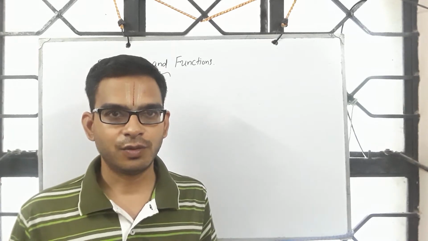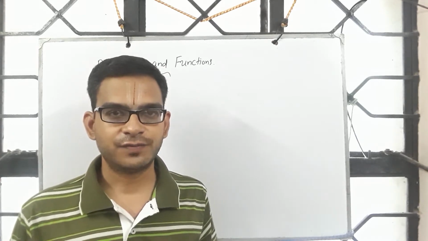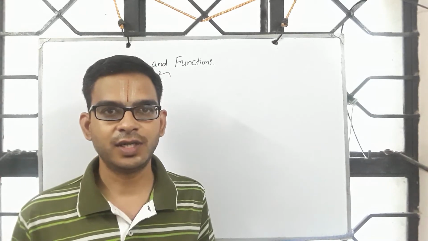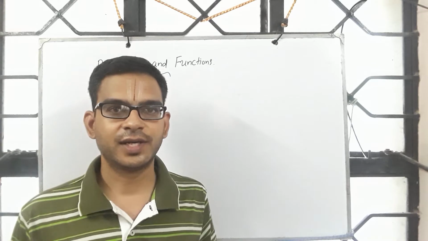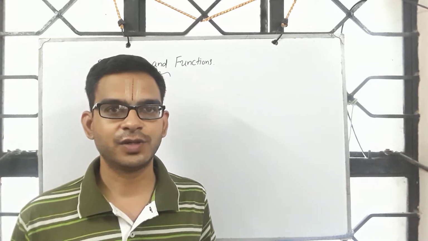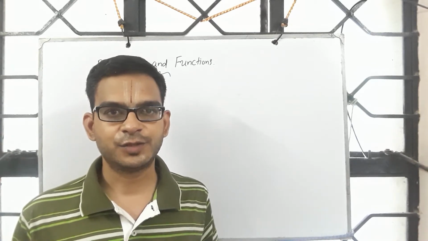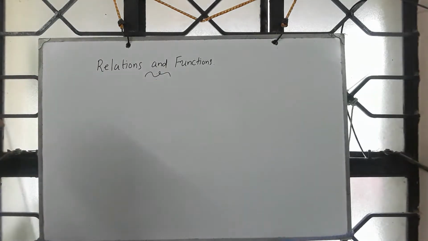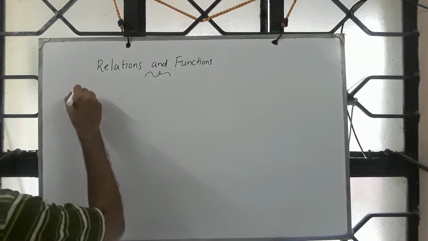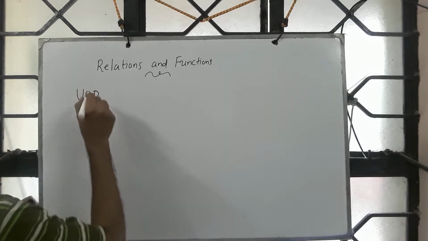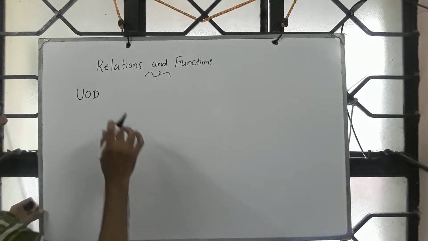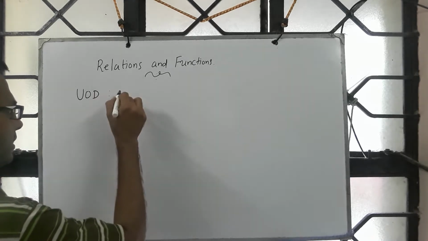Now we shall go a little beyond the universe of discourse or sets. We shall start discussing something called cross products. Subsequently, we look at something called relations and a special relation called functions. So if you look at universe of discourse, it could be set of students or set of faculty, set of admin staff. So we work with a set.